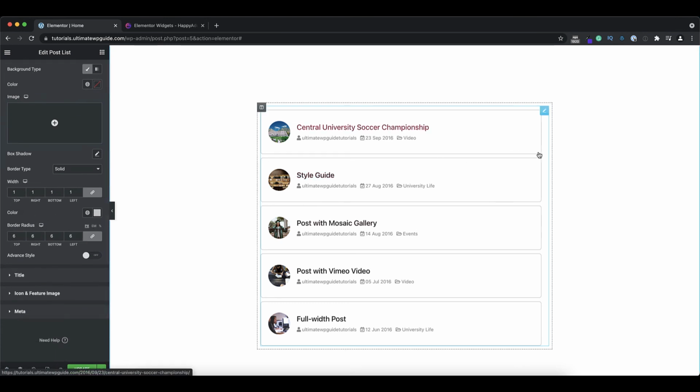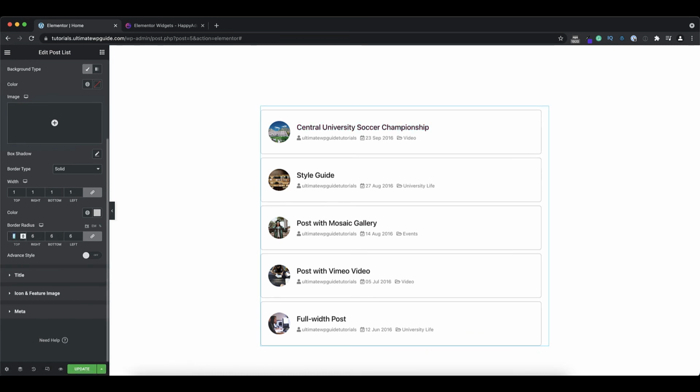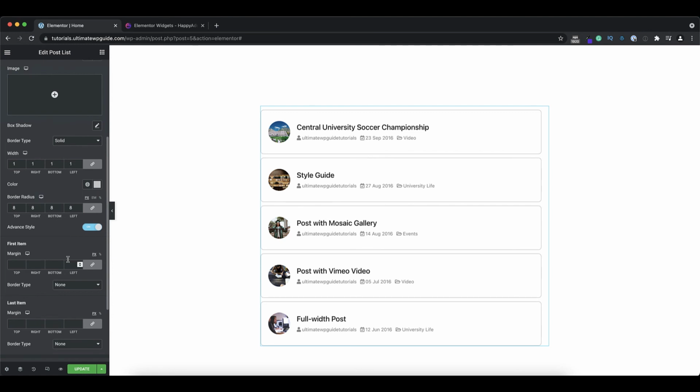So as you can see, there is a border applied, there is a slight border radius, but if I wanted to remove the border radius here just to make that a bit more square, I can do so. But I quite like that little border radius that it had on there, gives it a nice touch. In terms of advanced styling, I can now go in and set up various styling for the first and last items. If I wanted to style them independently from the other ones, I can set them up to do so